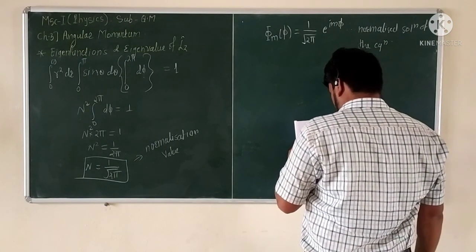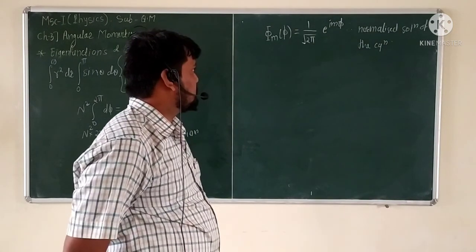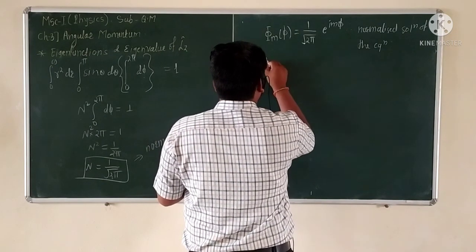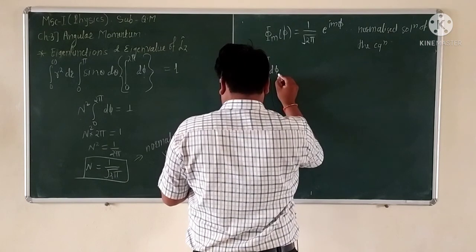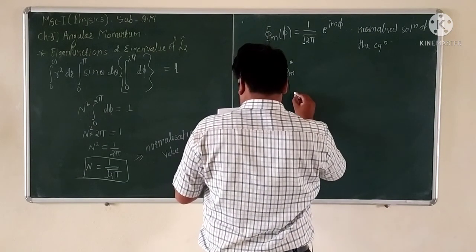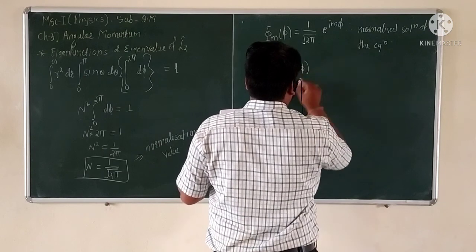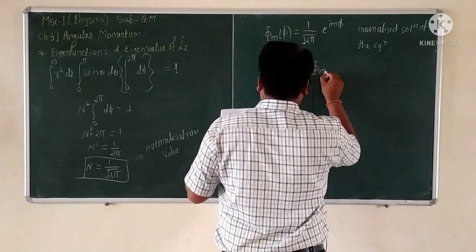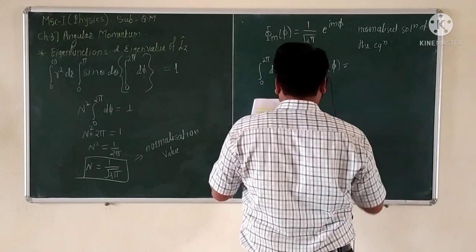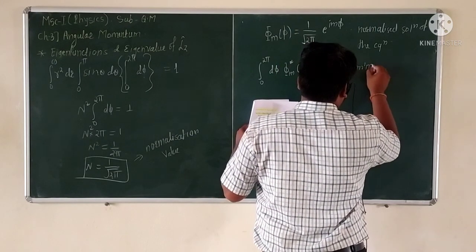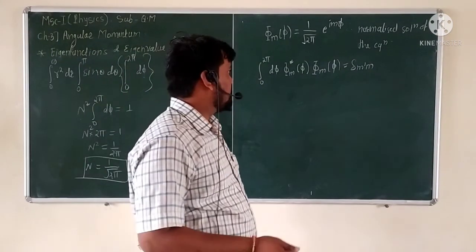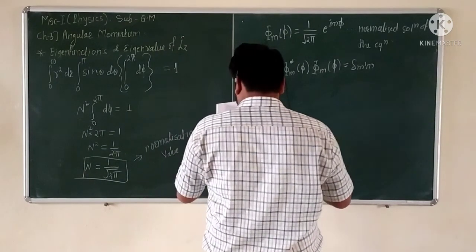Again, if we consider the equation running from the integration limit 0 to 2 pi, the integral of d phi of Phi_m' star of phi and capital Phi_m of phi is equal to delta m' m. Using this equation we want to calculate the eigenvalue of the equation, and this Phi_m of phi